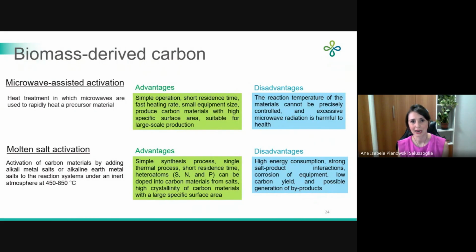The advantages are simple operation and short residence time, fast heating rate, small equipment size, produce carbon material with high specific surface area, and suitable for large-scale production. The disadvantages are the reaction temperature of the material cannot be precisely controlled, and the excessive microwave radiation is harmful to health. And the molten salt activation uses metal salts in the reaction